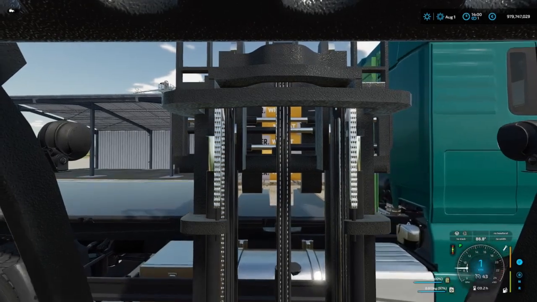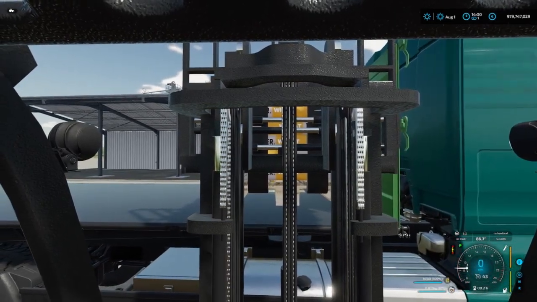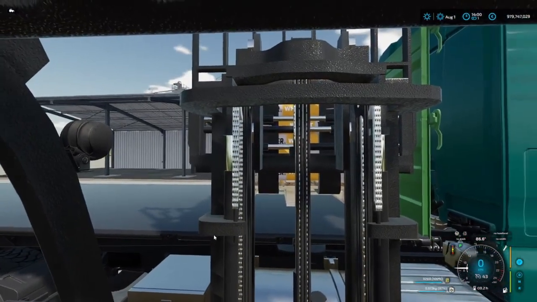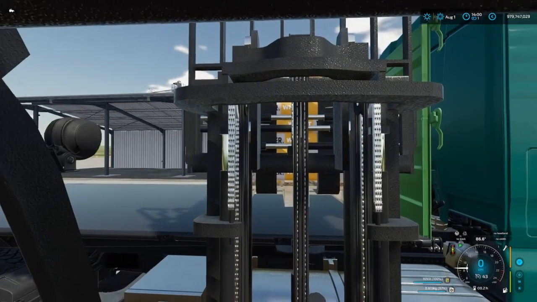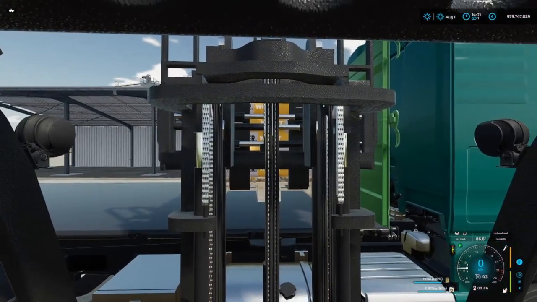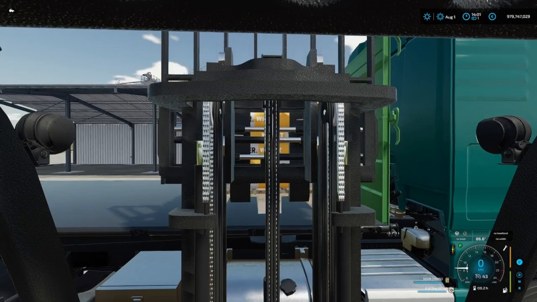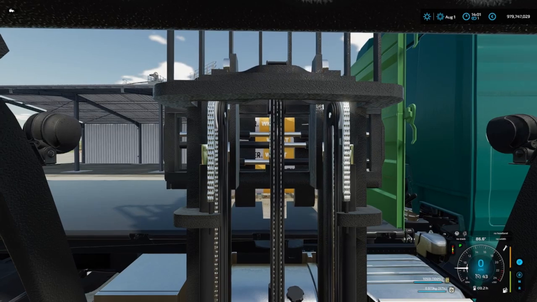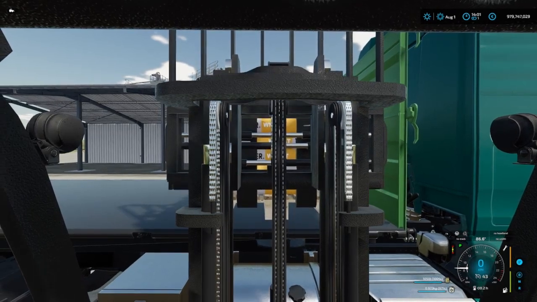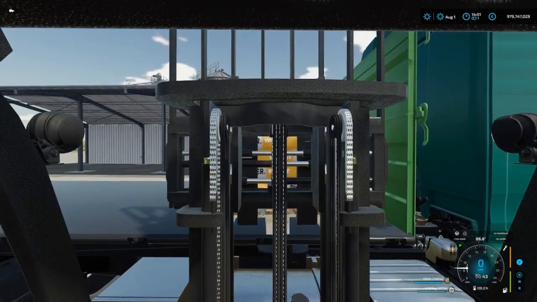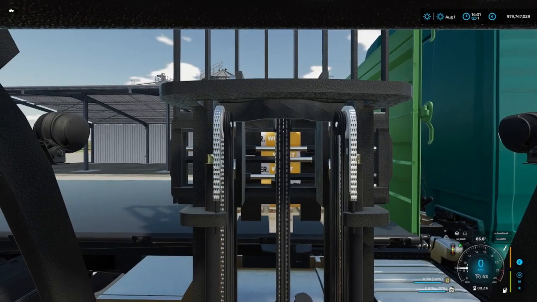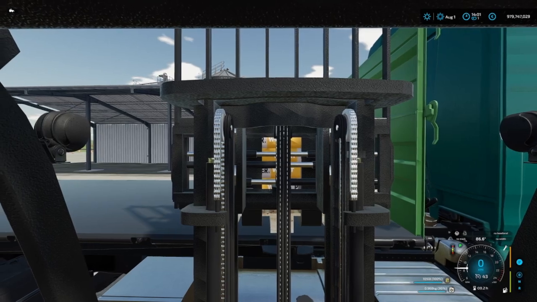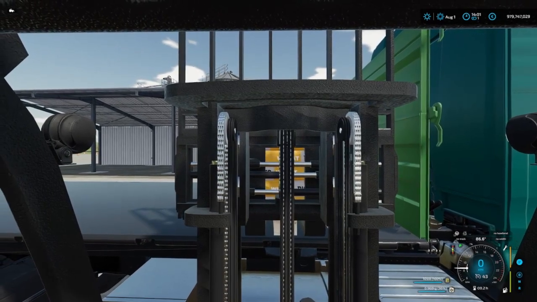So when those big metal, the bottom, you will see what I mean here, that bottom part is more or less aligned with the trailer. I will kind of lower it. It's better to lower it sooner than later, just in case. As you can see, I could have gone a little bit more because there's already another pallet on the other side. There you go, more or less, maybe a little bit more. There you go. And now same thing, you lower. We've already used that reference point before,